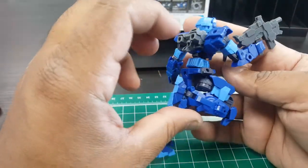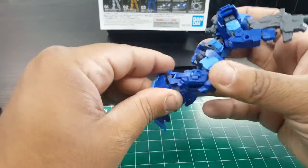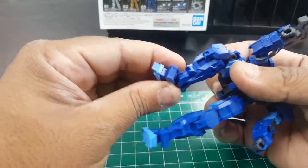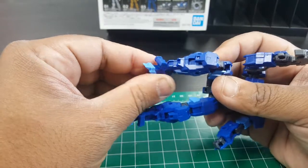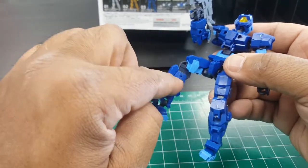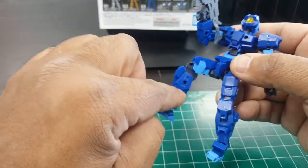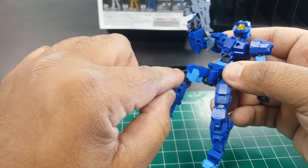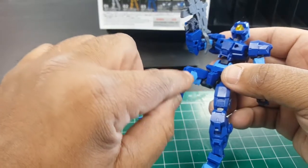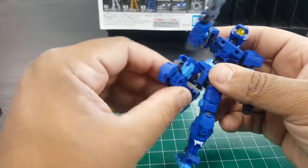You can see the knees bend nicely. The foot is on a little ball joint that actually has a side-to-side swivel. But there's no inner frame, like some kits have, where the knee joint goes up into the thigh or down into the leg. It's just a clip-on that goes to a rod for the top and the bottom. So you get that double joint